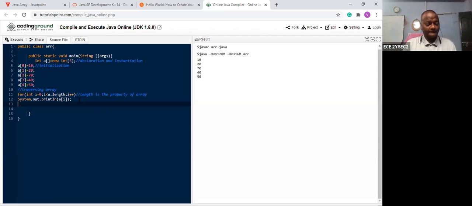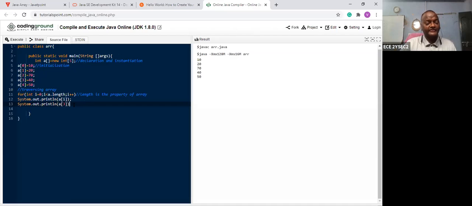System dot out dot println, and in brackets the array variable name and the location I want to access, third location, that is the fourth element, so I use 3.